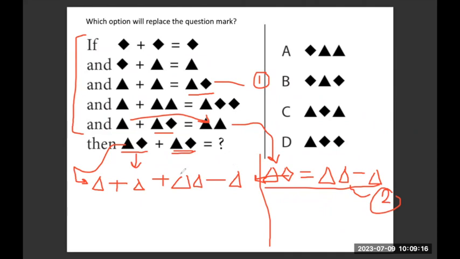Then I get some equation like this, where I just negate the plus minus triangle part, and what I am left with is triangle plus triangle and triangle. I'm just left with this equation. Now this equation can be very easily found in this equation part here. Triangle plus triangle triangle is equal to this diagram, which is the correct answer, where I find directly, which is option D. Is that clear,